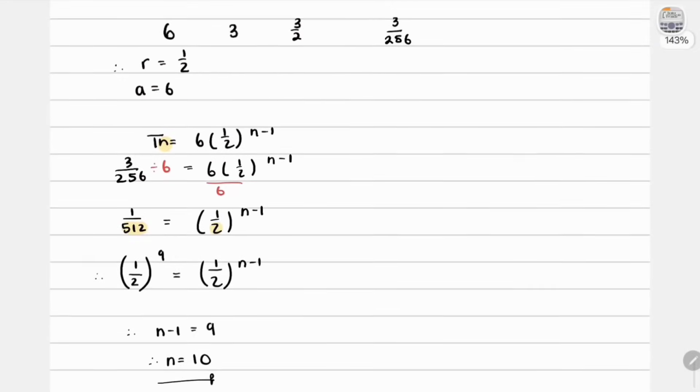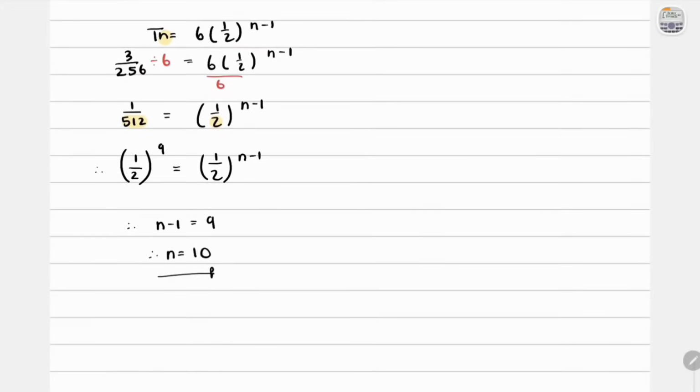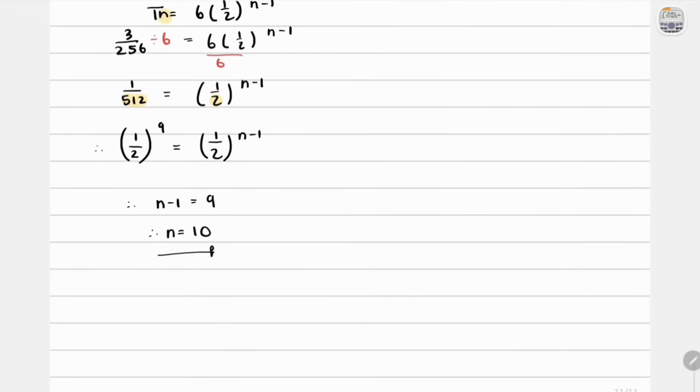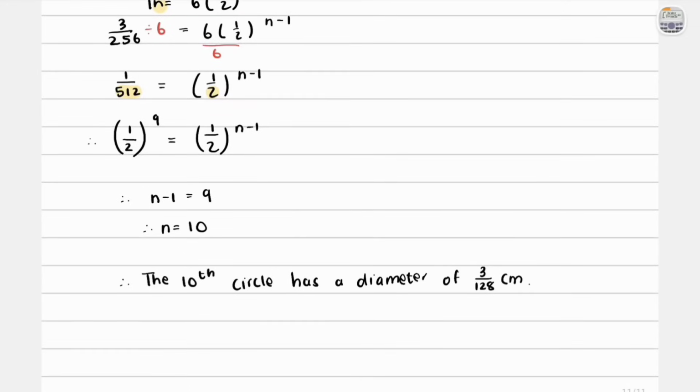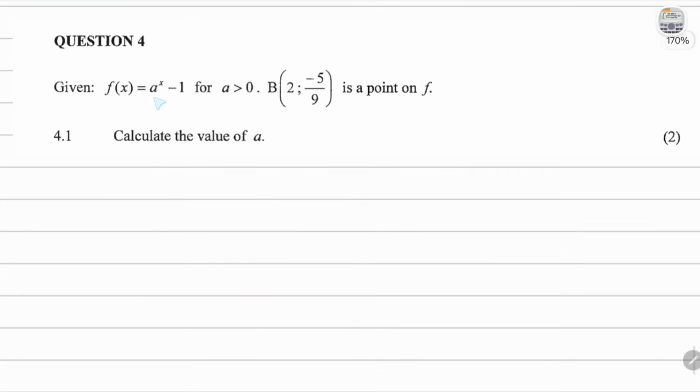So this is the 10th circle. Okay, the 10th circle has a diameter of 3 over 128. You can conclude that. Okay, so the 10th circle has a diameter of 3 over 128 centimeters, and that is our answer. Question 4, we have been given f of x is equal to a to the power of x